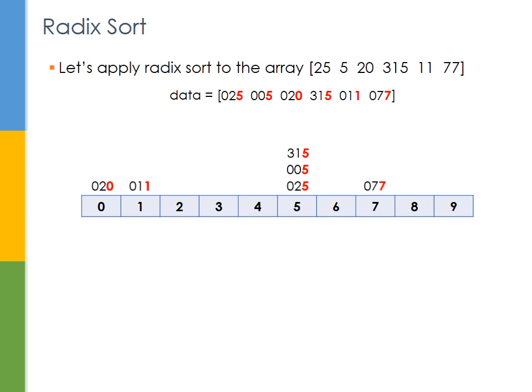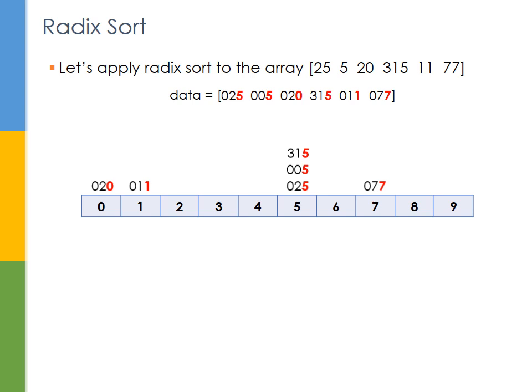We now need to run through our array of piles, and for each particular pile we need to dequeue the values and place them back into our data array. If we have multiple values contained within a pile, those are contained in a queue, which means we remove the element that was added first to the queue. In other words, we remove 25 first, then 5, and then 315. Alright, so starting off with pile